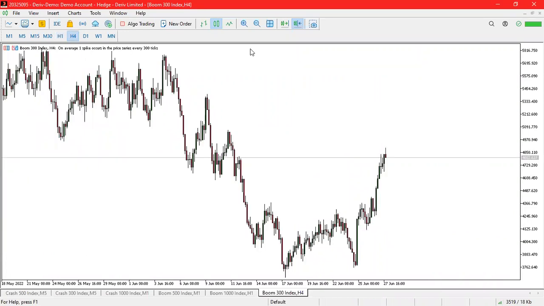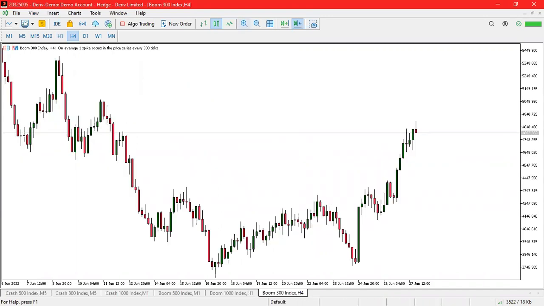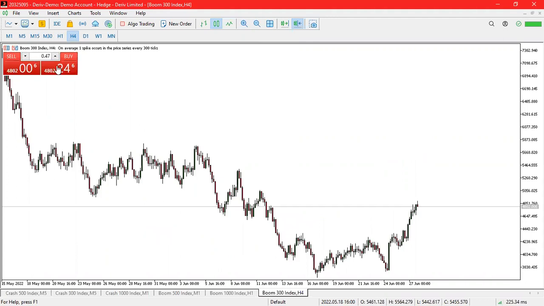So you do something like this. How do you enter trades? Guys, never ask me such questions. You don't even have to analyze. You see how this candle is formed. You see, this is trending up, and then this is just what? A pullback. So what do you do? Something like this.